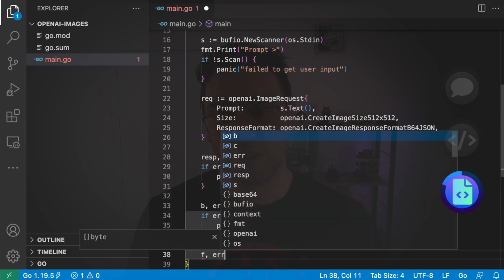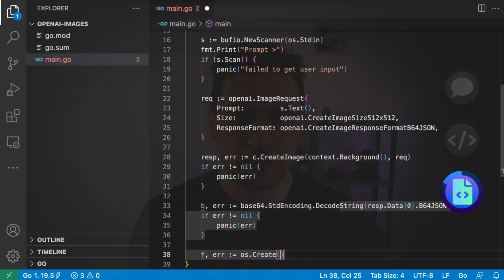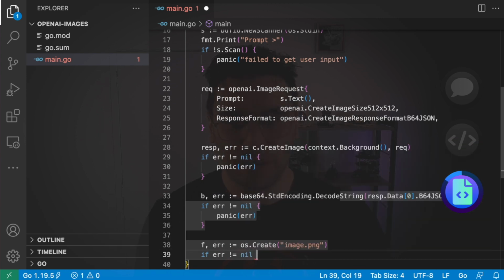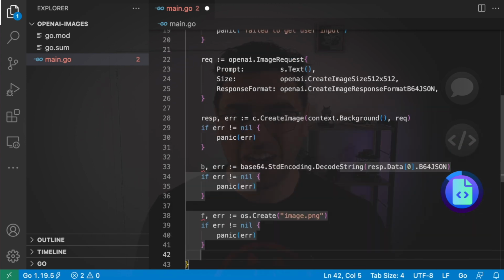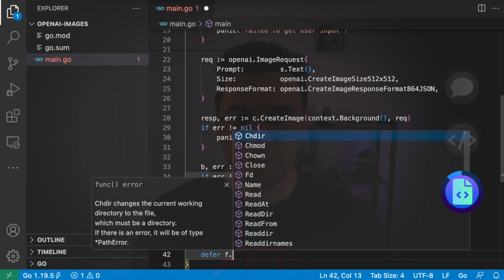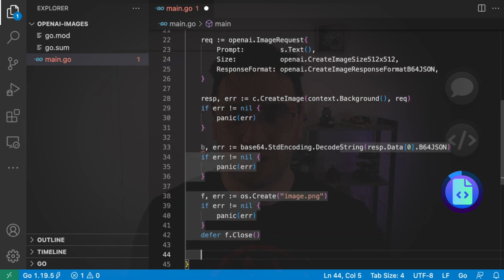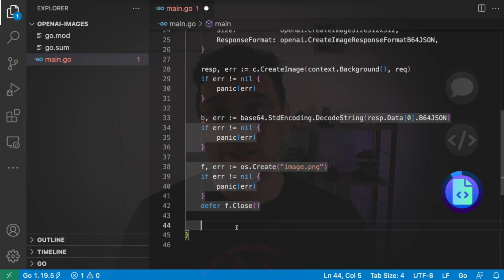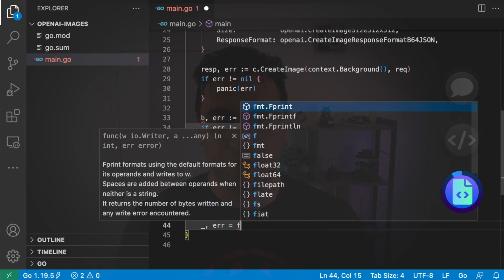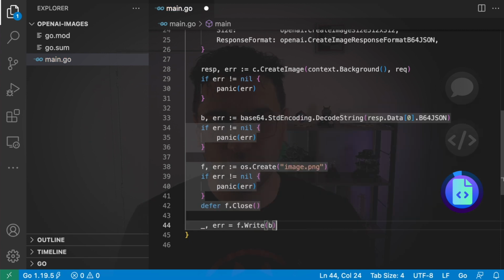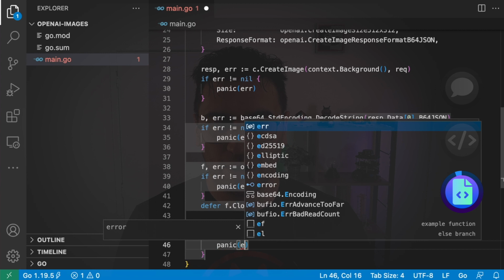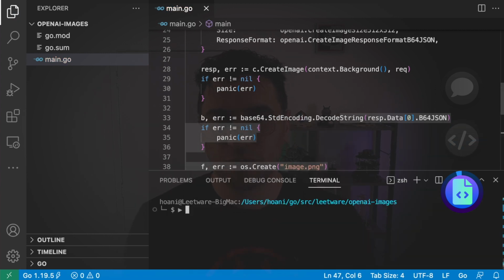So the final thing to do is to write that to a file. So I'm going to go with f, error is equal to os.Create to create a file, image.png, and I'm going to say if error does not equal nil, then again we're going to panic. Otherwise, we can say defer f.Close, make sure that we close our files after we open them. And now we have something that we can write those bytes to. So the last thing to do is to go error is equal to f.Write and pass those bytes in, and we'll say if the error does not equal nil, then we're just going to panic. So I'll save that and I'll jump back into the terminal, and now we can run this and generate an